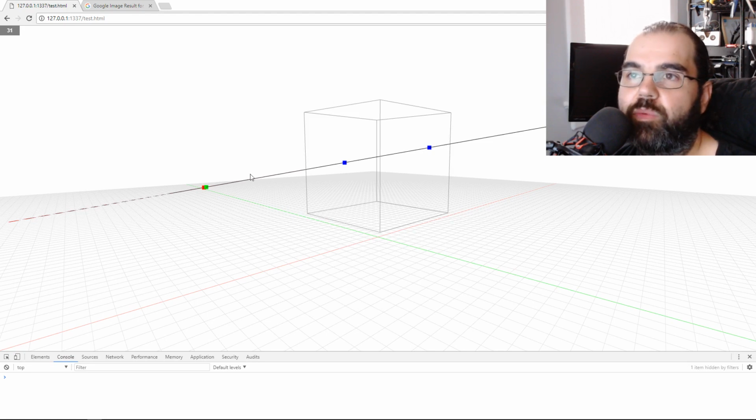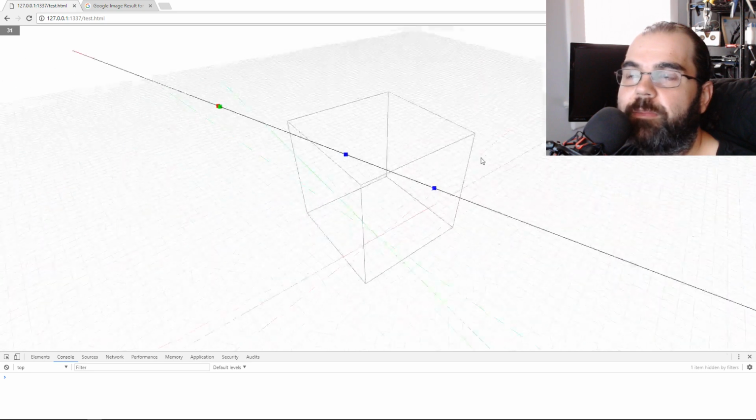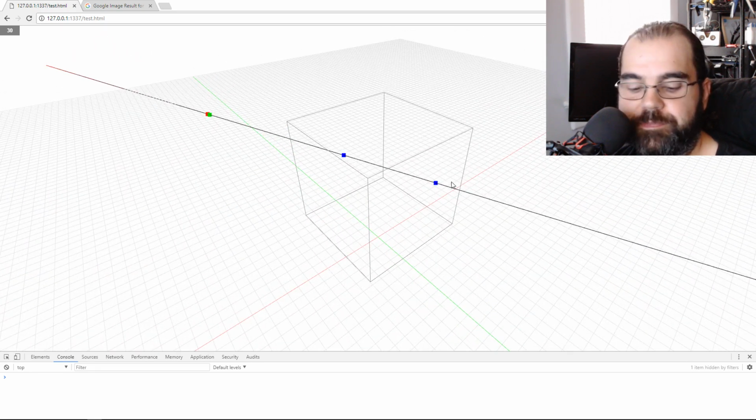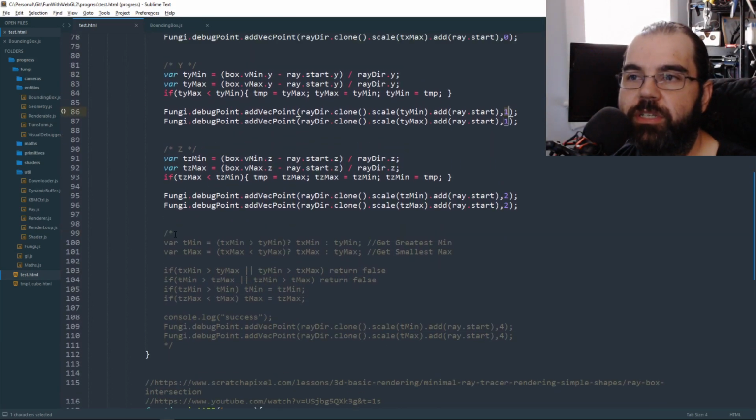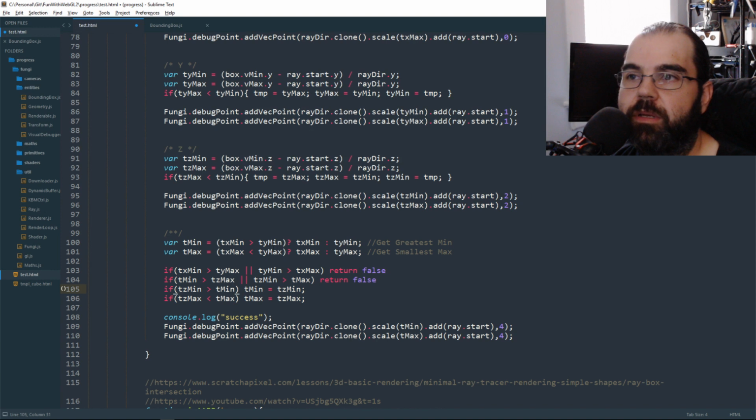Now you have to figure out which one of these points is the perfect point. You have 6 points of testing, and what you do is just a couple of checks. That's all you have to do after that, really. Let's see, what is this one doing? Another part of the secret ingredient is that you want to get the greatest min and the smallest max. So as you go through